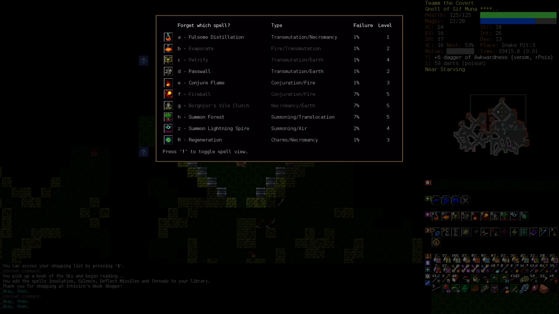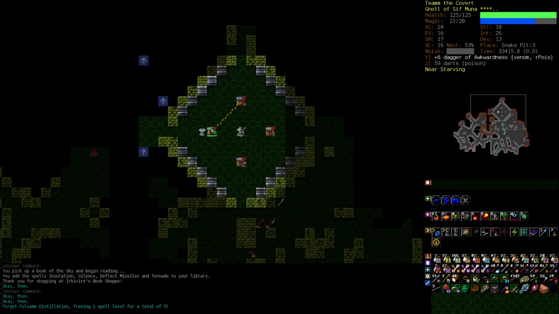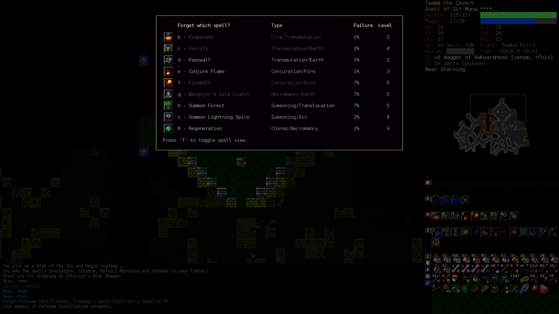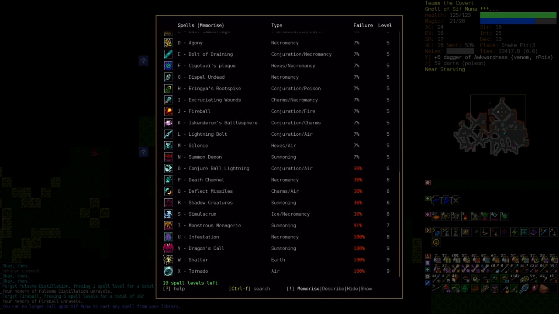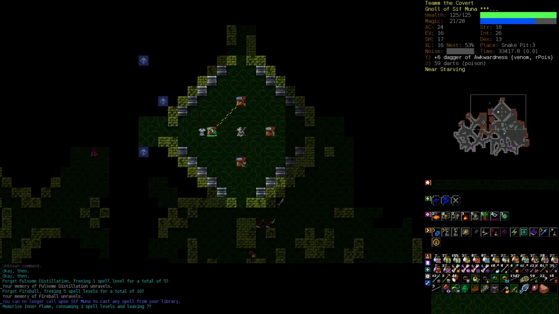Well, we've got 155 potions of water, so we're never going to need Fulsome Distillation anymore, I think. Let's forget Fireball. I think we've kind of got area covered with Vile Clutch. Okay, so let's pick up Deflect Missiles, which is a 36% fail rate, but we can wear the Ring of Wizardry to...